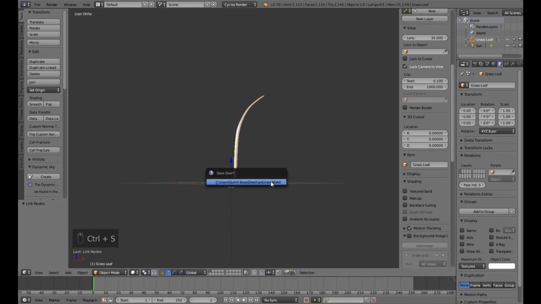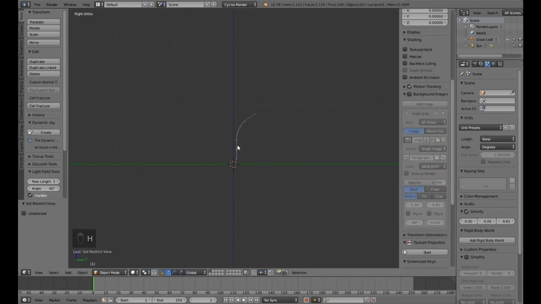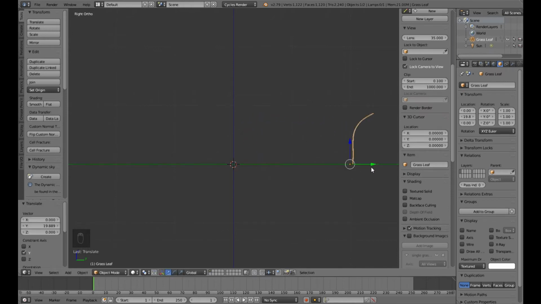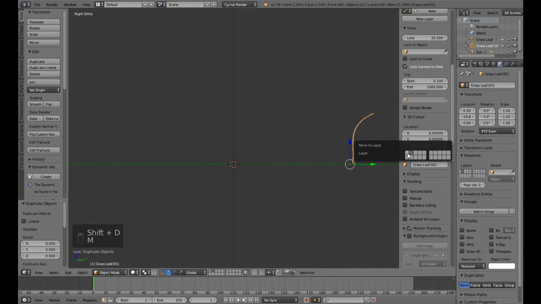Let me save this project. Having this work done, I will be duplicating these grass leaves to create variations of my grasses. For the convenience, right now I am hiding my sun lamp here and moving this grass leaf to about here and then moving it to a different layer. From the different layer I am duplicating this one and moving it to the first layer, so that if accidentally